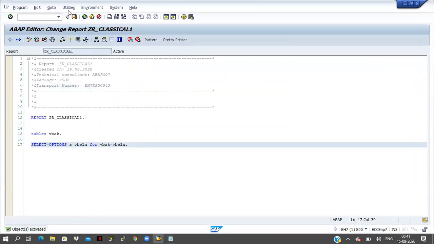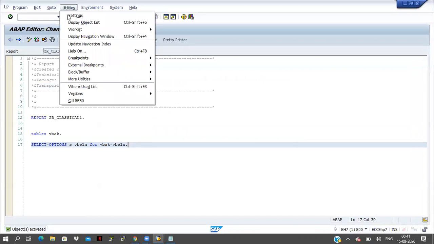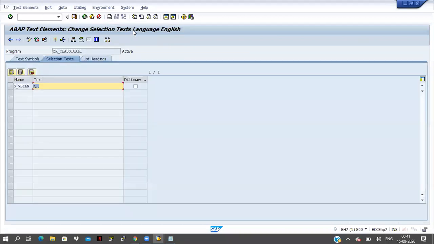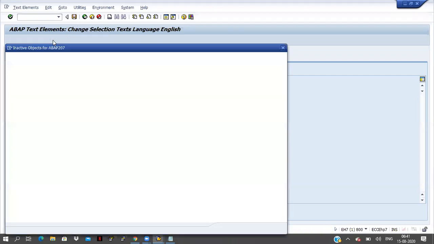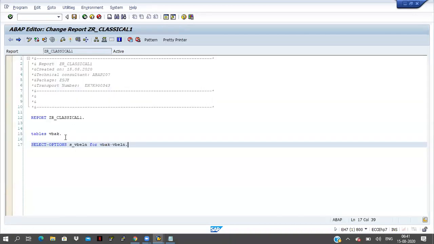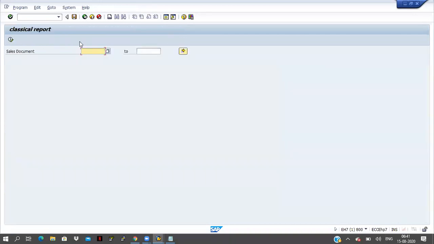Go to Text Elements, Selection Texts, and select the checkbox. Save it, activate it, click on back, and if I execute this one, it comes like this.